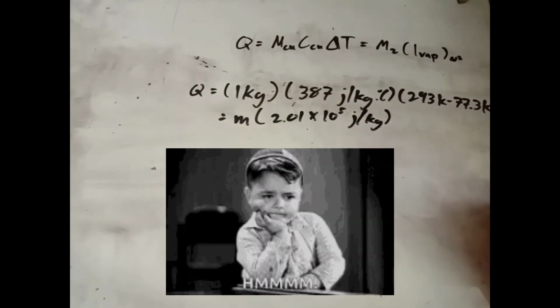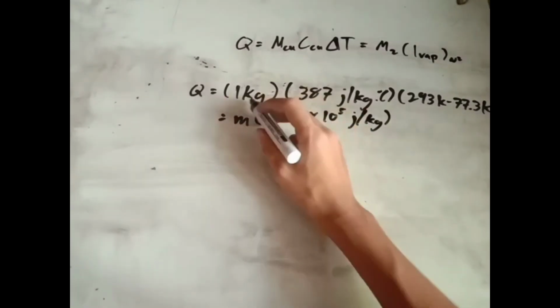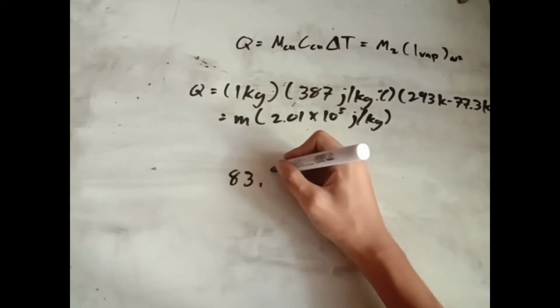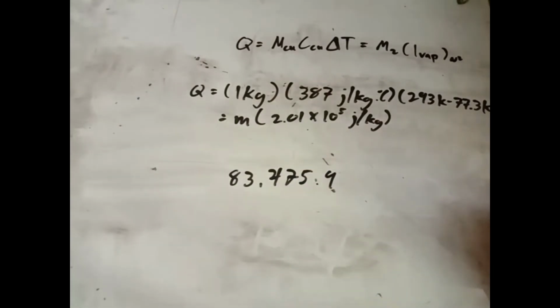Now, you may be wondering how to solve this equation, since clearly it says that 1 kilogram times 387 joules per kilogram degree Celsius times 293 Kelvin minus 77.3 Kelvin is equal to mass times 2.01 times 10 to the power of 5 joules per kilogram. Aha! We actually have to compute the first expression first. So if we compute 1 kilogram times 387 joules per kilogram degree Celsius times 293 Kelvin minus 77.3 Kelvin, we will have